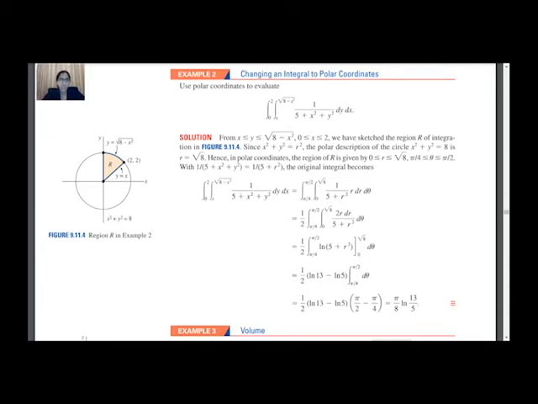So I hope the region is clear to you. Now let us convert this in terms of polar coordinates. From here clearly it is a small arc, so you can see that the variation of theta will be precisely half, right? Now we know this is pi by 2 and half of that will be pi by 4. So theta varies from pi by 4 to pi by 2.